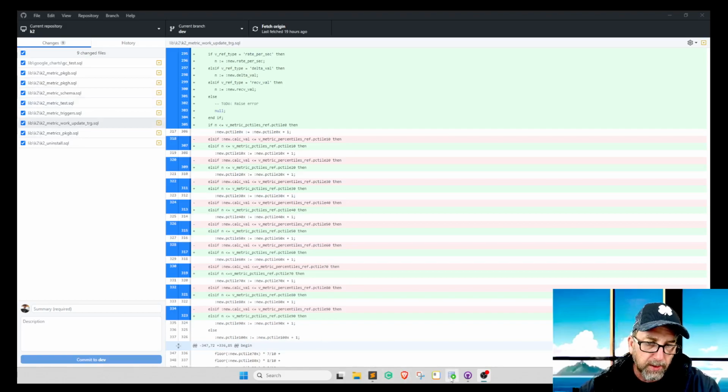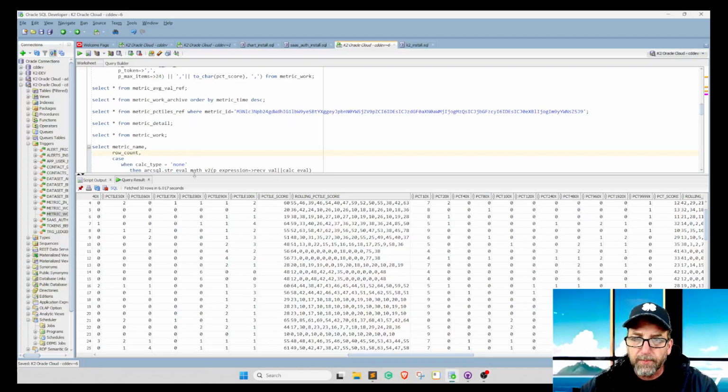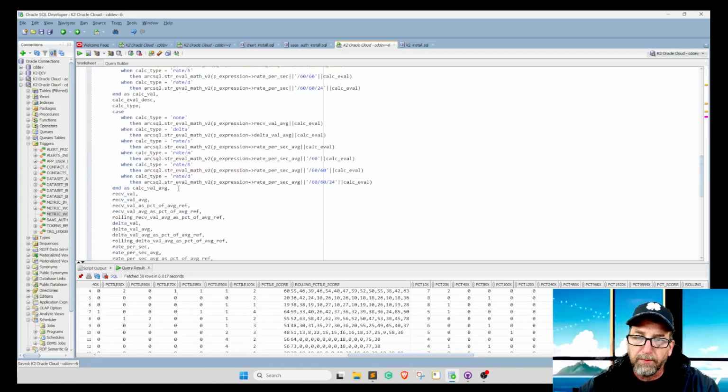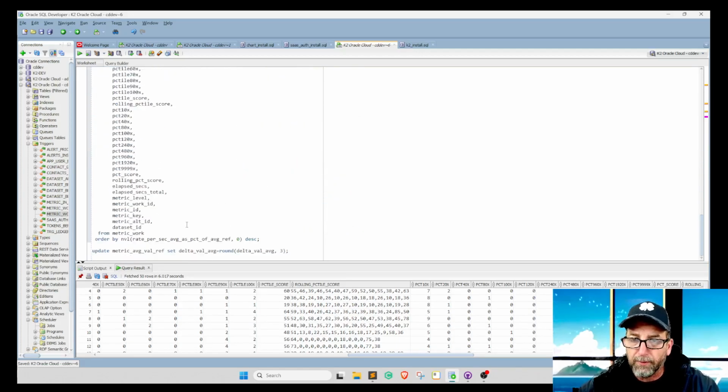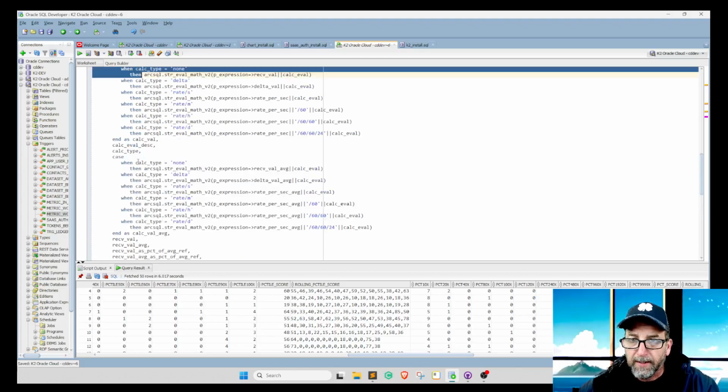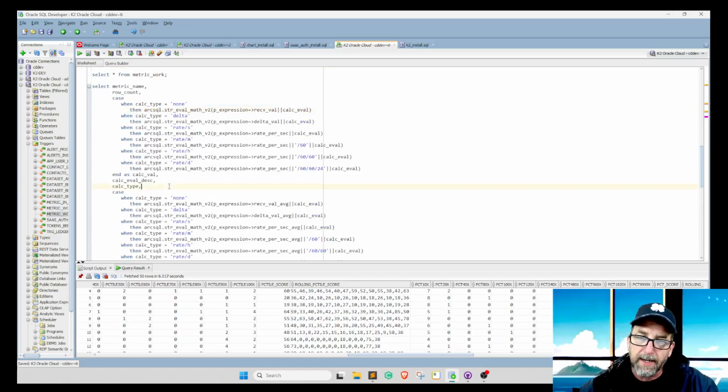Let's go look at SQL Developer. I've got this big query. This is going to be a view. It's going to be available as a default view. It's probably going to be called METRIC_WORK_V, and it's going to be the main view on metric work. And the main reason we need this is the one dynamic thing, one of the big changes was